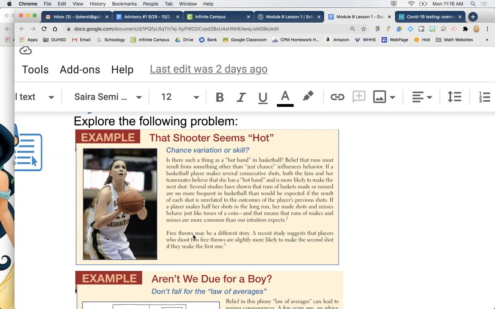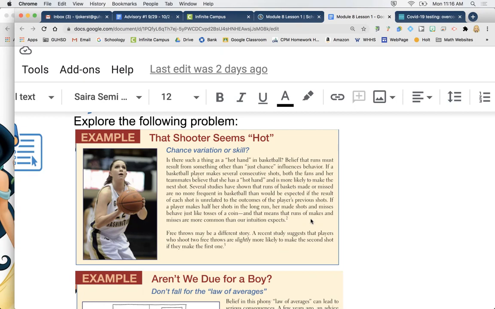Several studies have shown that runs of baskets, made or missed, are no more frequent in basketball than would be expected if the result of each shot was unrelated to the outcomes of the player's previous shots. If a player makes half of her shots in a long run, her made shots and missed shots behave just like the tosses of a coin, and that means that the runs of makes and misses are more common than our